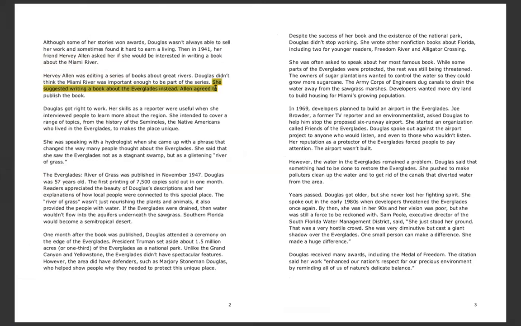So that's a huge turn of events for her, right? So she's starting to write this book about the Everglades, and then someone agreed to publish it. Douglas got right to work. Her skills as a reporter were useful when she interviewed people to learn more about the region. She intended to cover a range of topics from the history of Seminoles to Native Americans who lived in the Everglades to make the